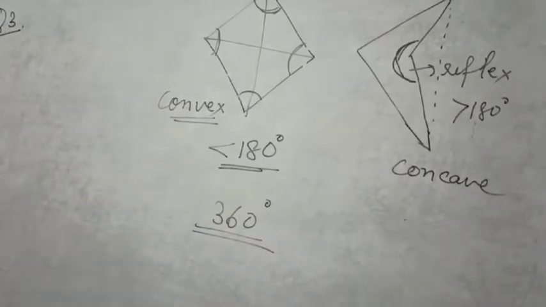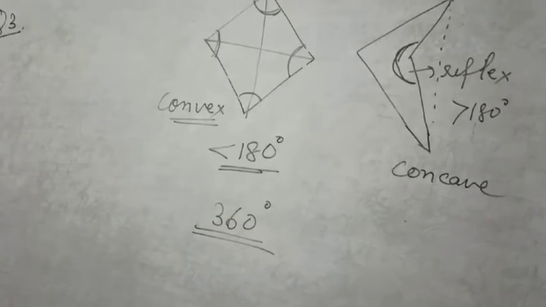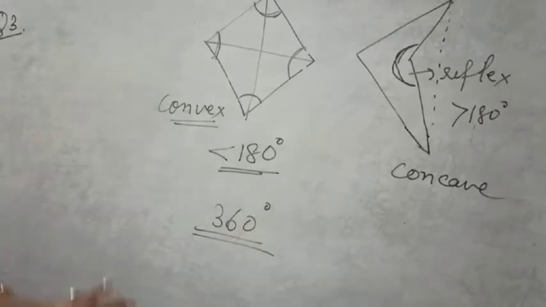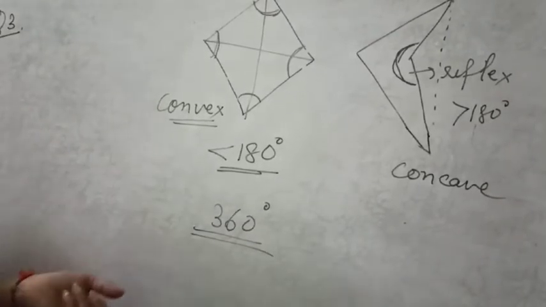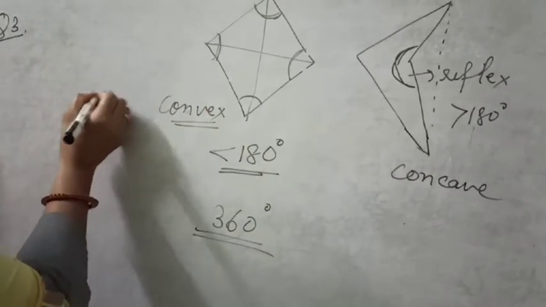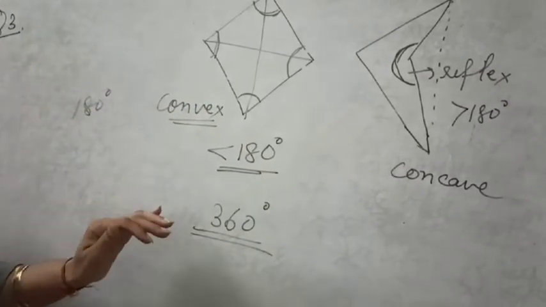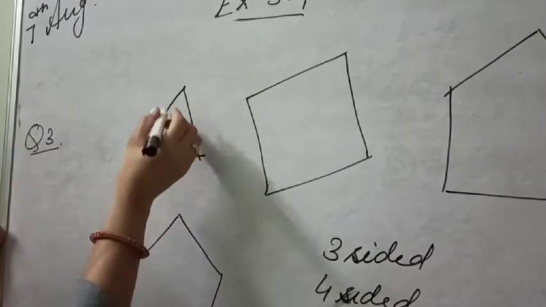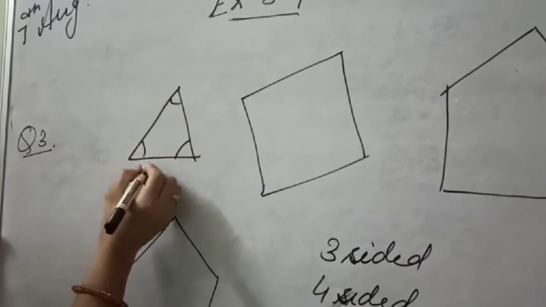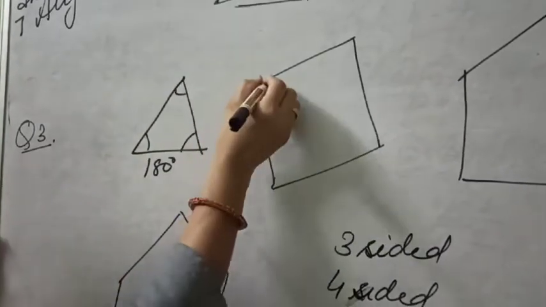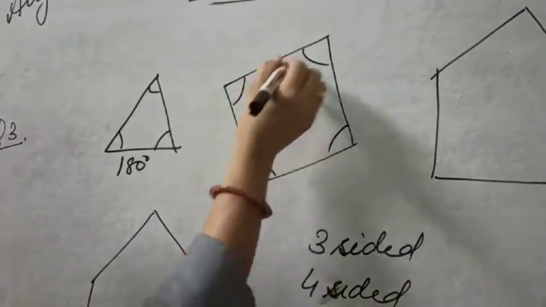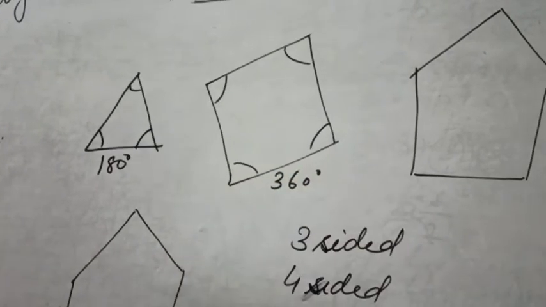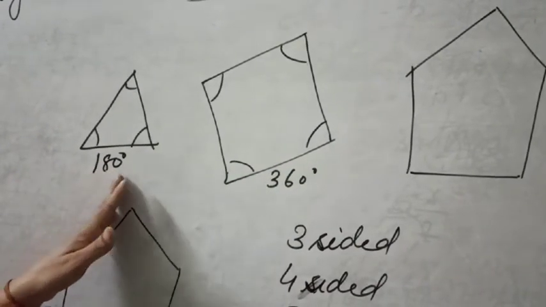Come to question number 4. Now the table is given to you and you are supposed to find the sum of the angles. Now if it is a quadrilateral or a triangle, then you know that in the case of a triangle, the sum of interior angles is 180 degrees, whereas in the case of a quadrilateral, it is 360 degrees. In the case of a triangle, its sum is 180 degrees, all interior angles. In the case of a quadrilateral, these four angles, if you measure in any quadrilateral, it comes out to be 360 degrees. This you have done by activity in your 7th standard.